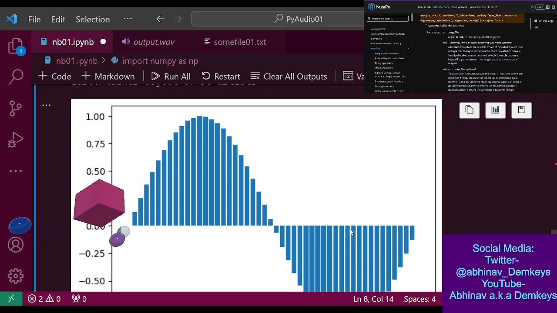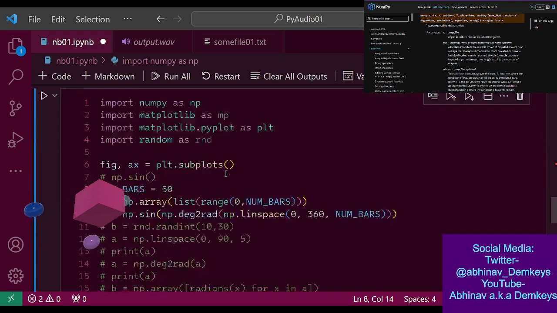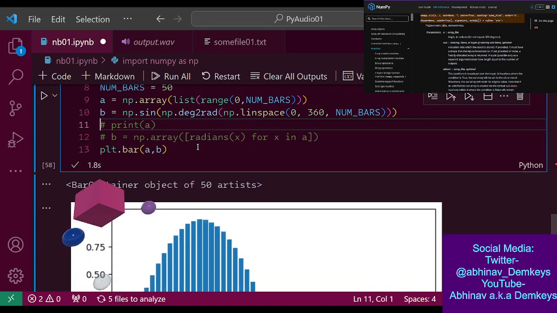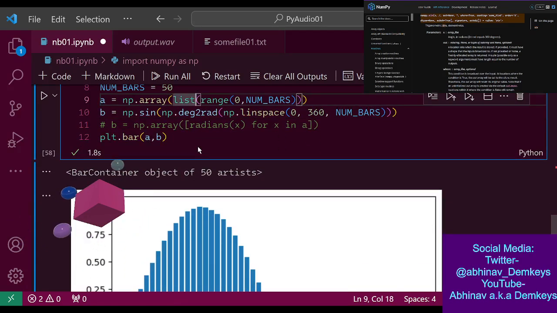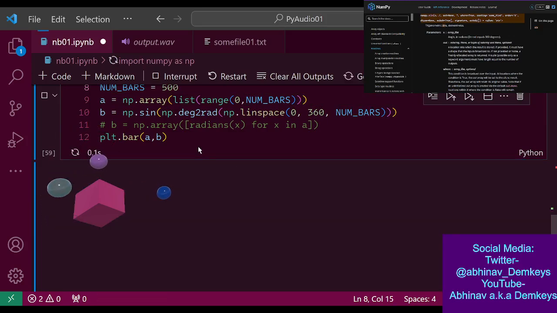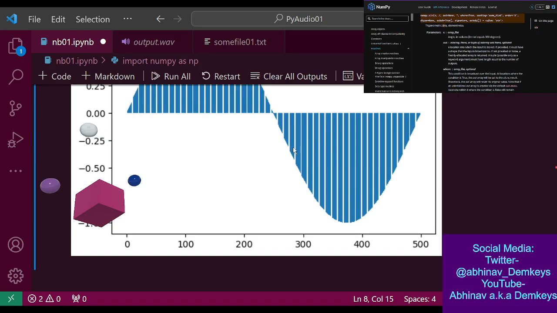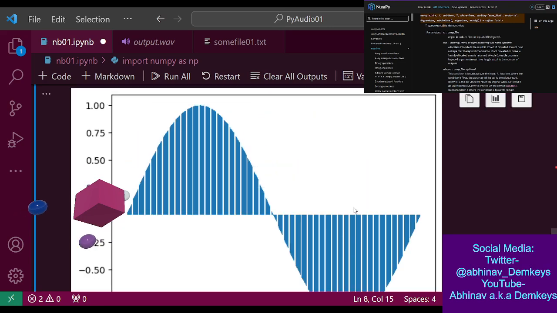So now I could probably generate, you know what? We can try stretching this out to 500, and let's see how well it spaces them out, because NumPy is designed to do operations on arrays.